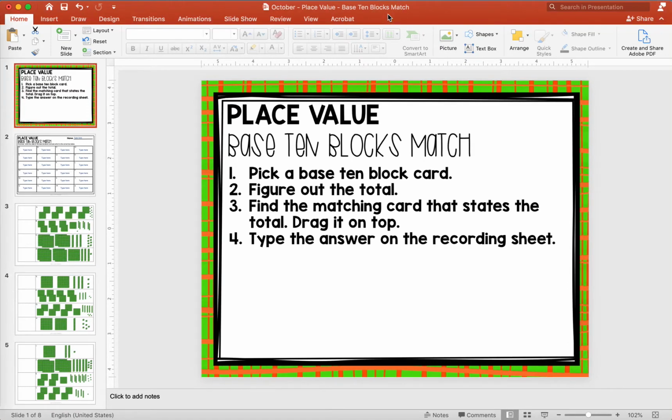Okay, I'm going to show you how to take the math centers. This works for the literacy centers, any center in PowerPoint, and put it on SeeSaw. Okay, so first you're going to open the PowerPoint file that you want, and then next you're going to take